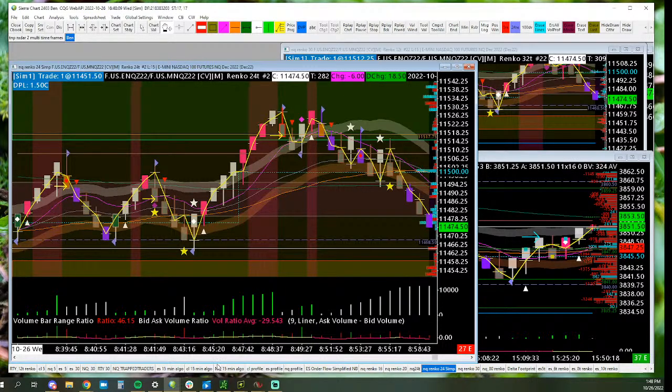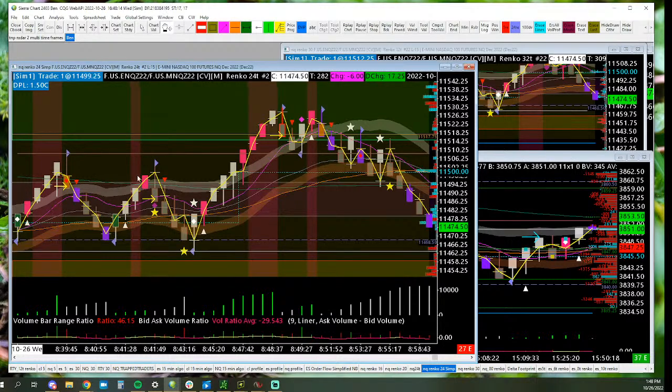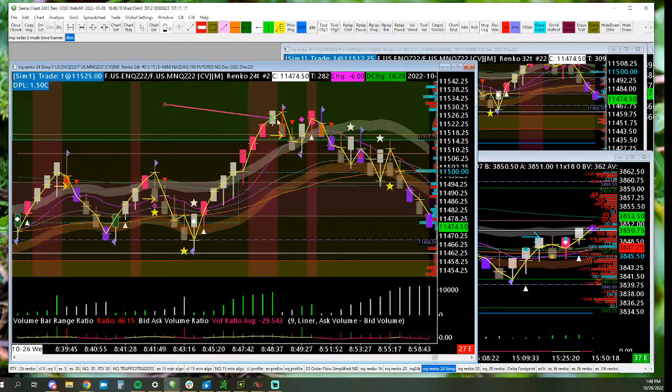I don't know. When I missed those, I started to get flustered and frustrated, thinking that I was going to miss another trend day. And because of those thoughts, I did not take this. But this is a valid setup. You can see what happened here is we had a wave to the high